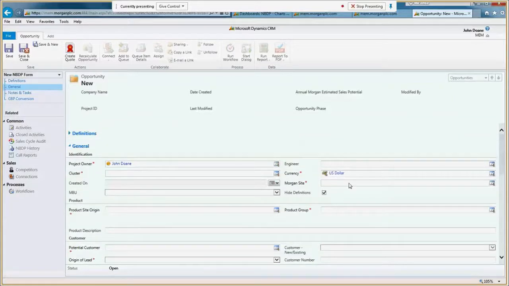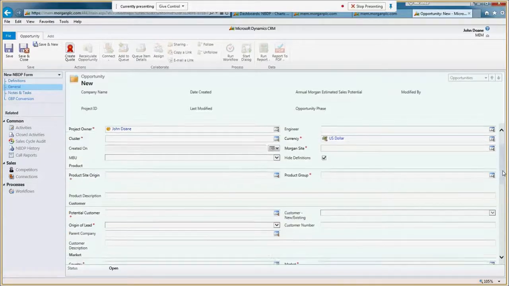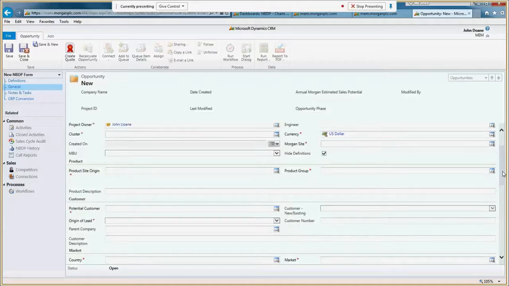form. There are a few more required fields than you would have found previously on the NBDP, and that's because we're trying to focus again on what's important for NBDP. And so there's a couple of more required fields than there were previously, but there's still many that aren't. The idea with NBDP in general, though, is that the majority of those fields should be filled in at the time of creating